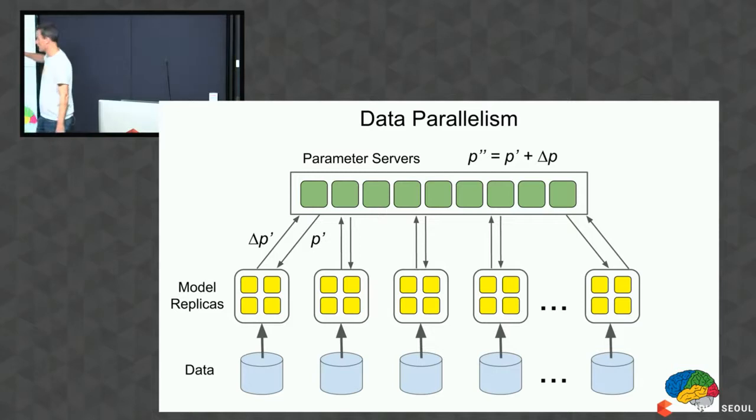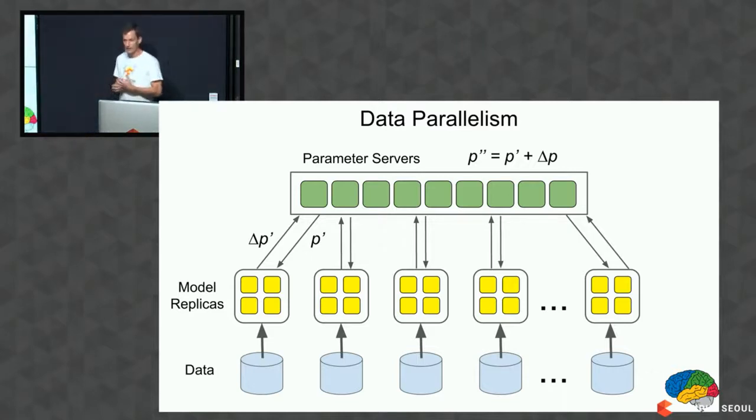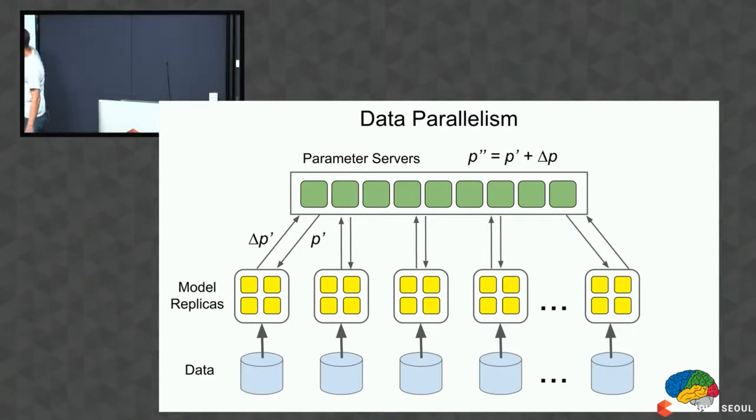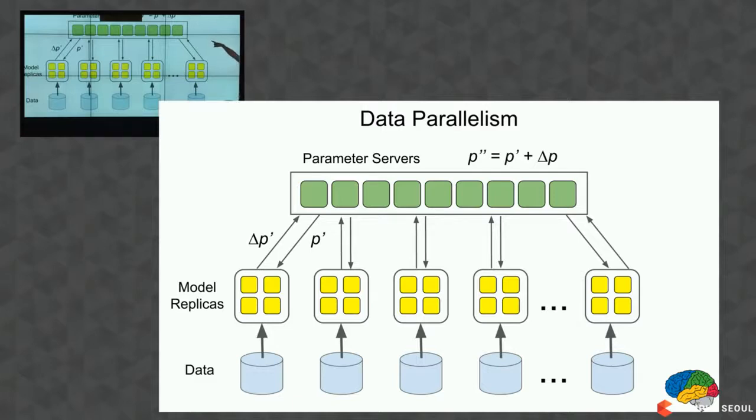So we use some setups of 500 copies of the model across 500 different machines in order to optimize the parameters quickly and to process a lot of data. And you can either do this asynchronously, where every one of these is in its own loop, getting parameters and computing gradients and sending them back without any control or synchronization with the other ones,